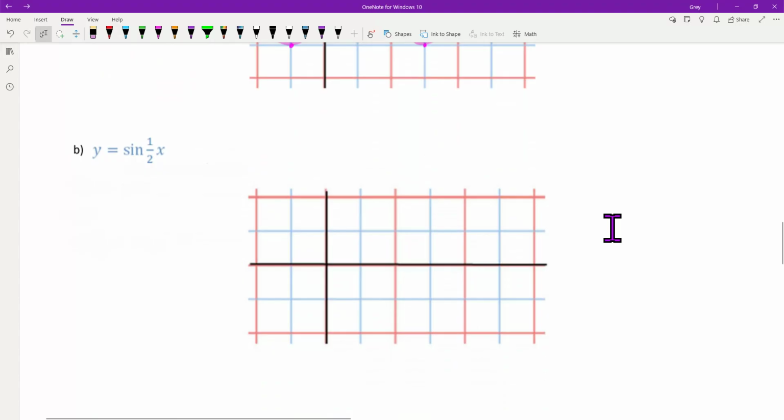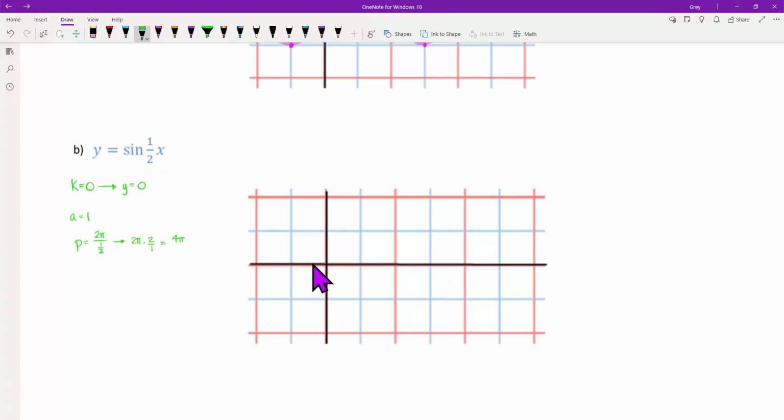Y equals the sine of 1/2 x. Again, k is 0, which means my midline is y equals 0. My a value is 1. That's my amplitude. And my period is 2 pi over 1/2. So that is 2 pi, keep change flip, 2 pi times 2 over 1. That's 4 pi. So this time, when I graph it, I'm going to start and go